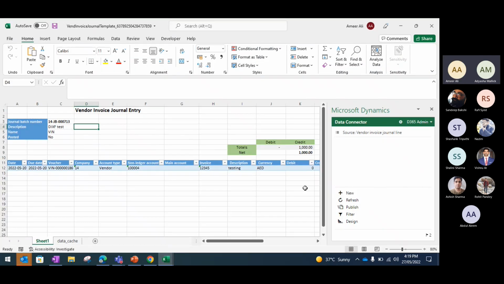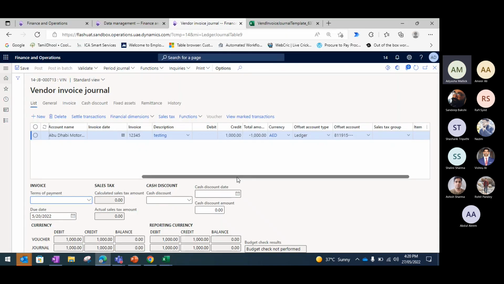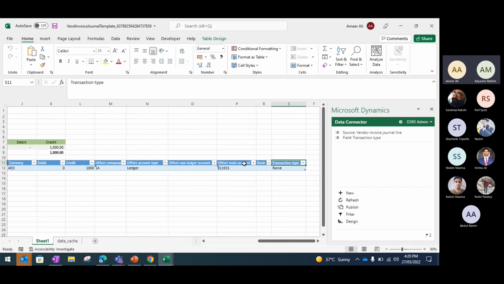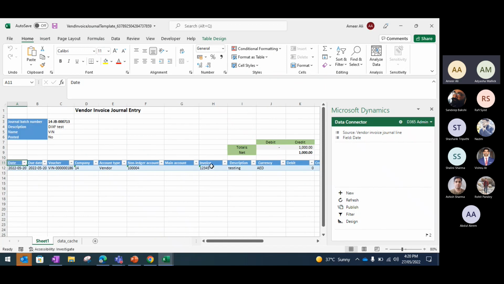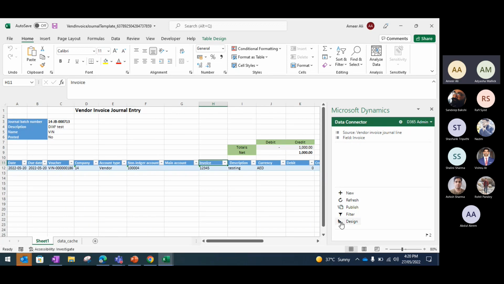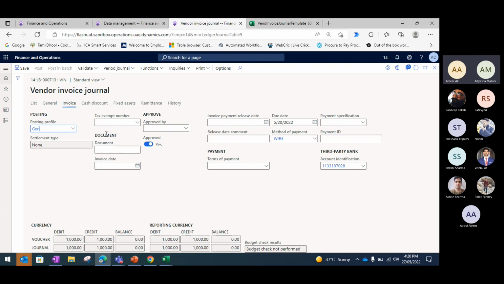So how is this happening? It is using the data import export framework and with the data entities. So this is the entity that is there. So for example, if you have to modify the entity from the functional point of view, there are certain fields which are not appearing here. For example, if you say the document date and document is missing, what we can do is we can design this data entity field. Suppose if you see that there are so many other fields which are not there in our Excel file. Like for example,